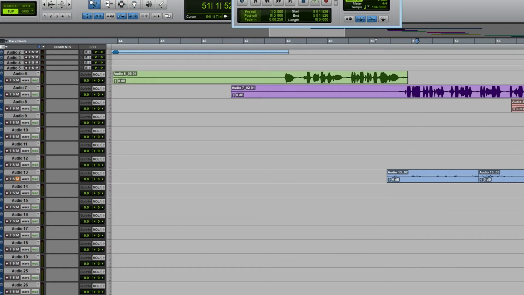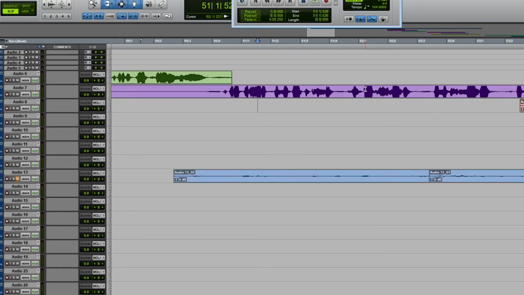Let me show you one of the things I like to do. I zoomed in. If we take a look right here, there's really nothing here. We can get rid of that. So we can just highlight that and we can press the delete key on your keyboard. It's going to get rid of that. Another thing you can do,